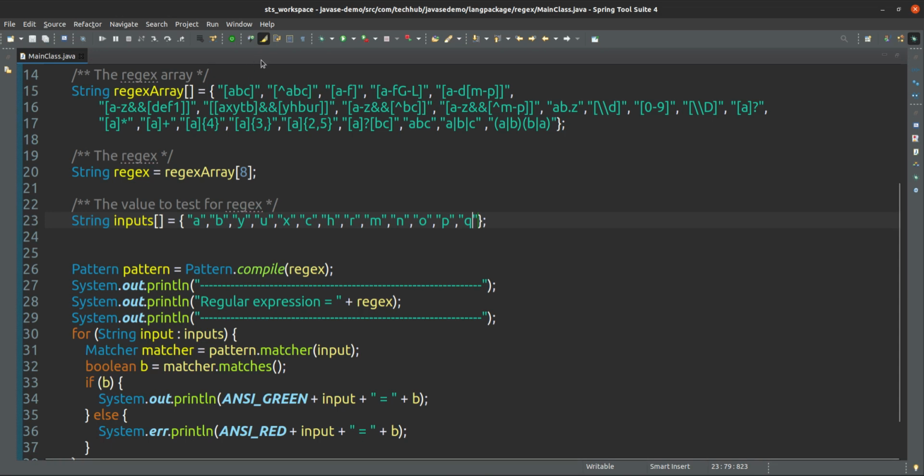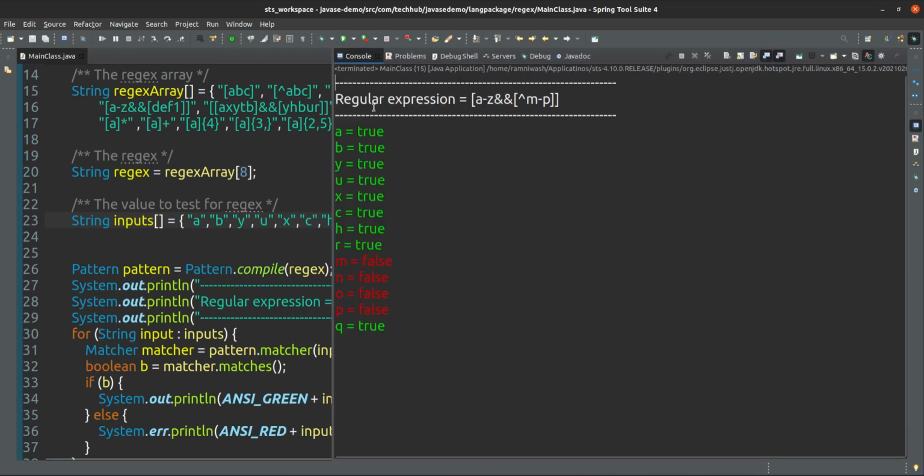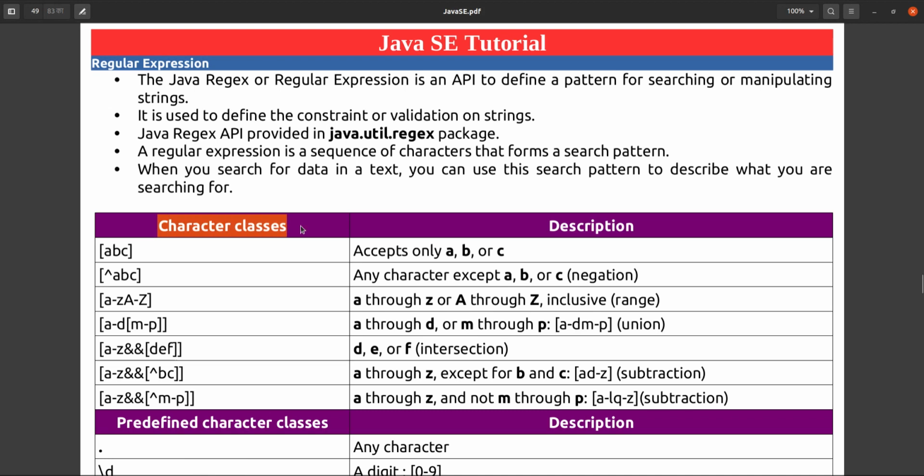So now if you run this one, let's see. So A to B, M N O P, these 4 characters it's not accepting because we are giving these conditions here. Intersection you have to do, but should not be of M to P. Okay, so this is all about the character classes.